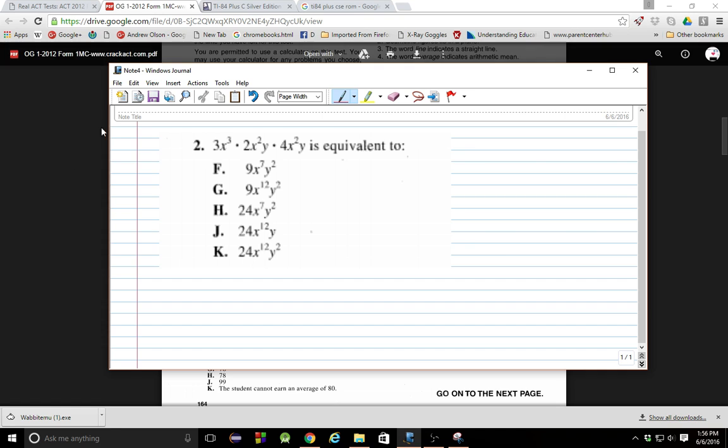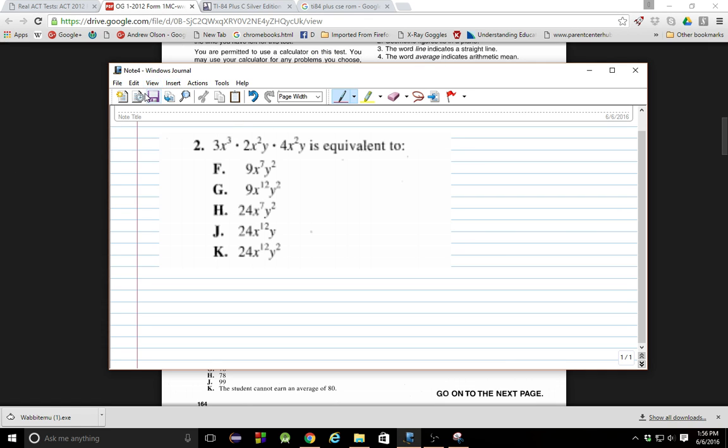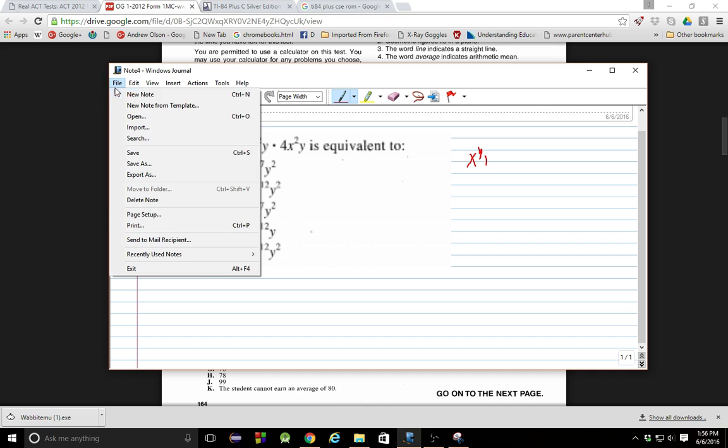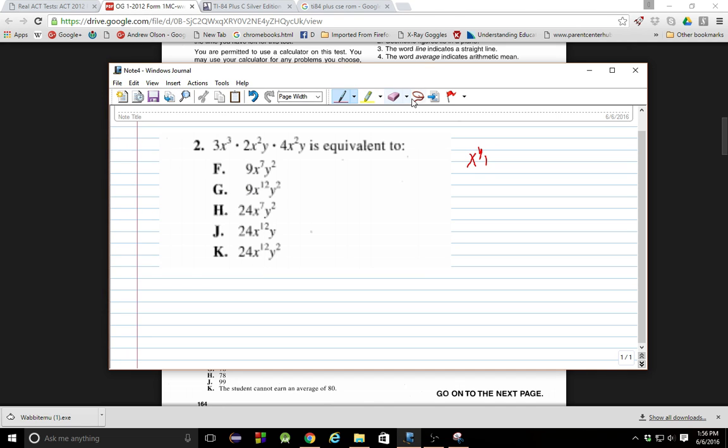And remember that when you're multiplying exponents, let's not use x in this case because that's kind of confusing. So remember that in order to multiply like terms, in multiplying exponents, the formula essentially is